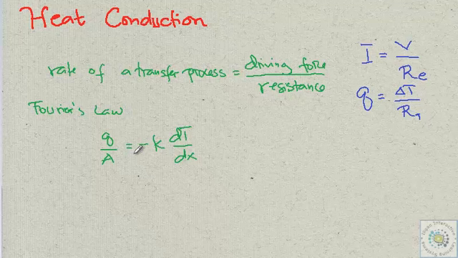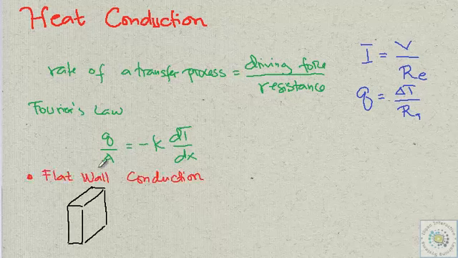Now, let me solve for the application of Fourier's law for a flat wall or a flat slab. We have here a wall of constant cross-sectional area where heat is flowing from left to right. Heat flows in the left part of the wall and flows out the right part of the wall, at rate Q. What comes in will be the same amount of heat that flows out, assuming that we are in a